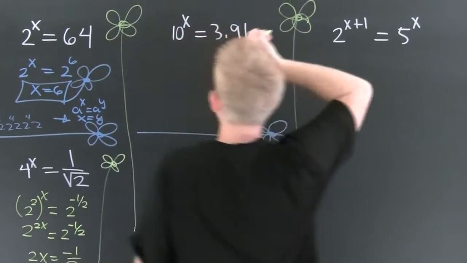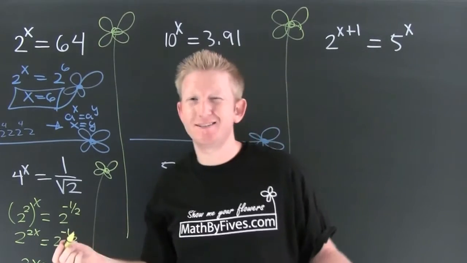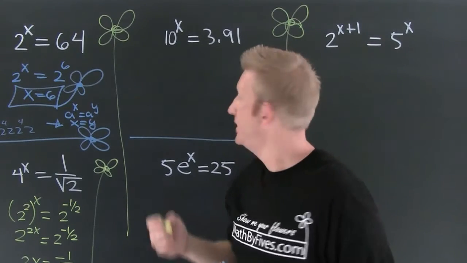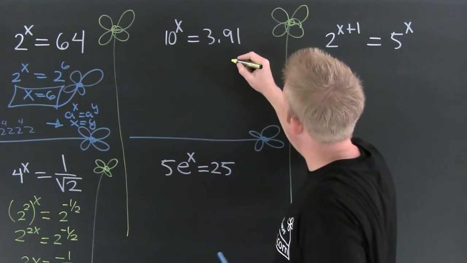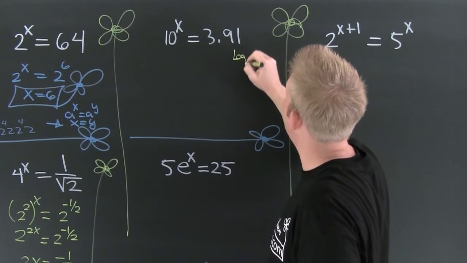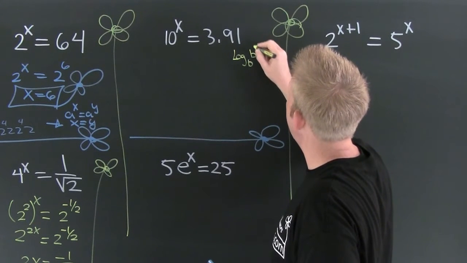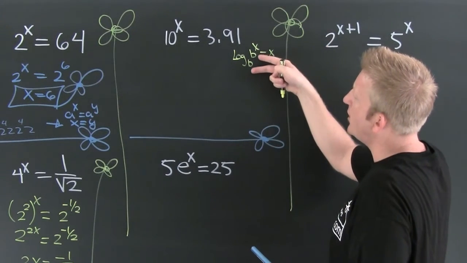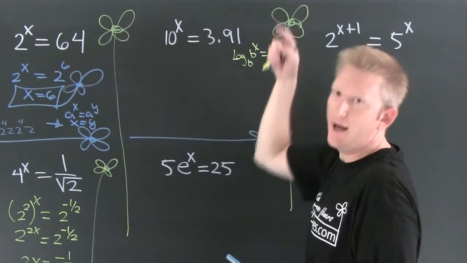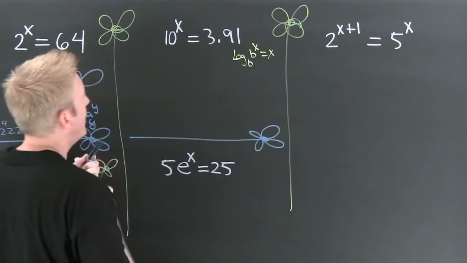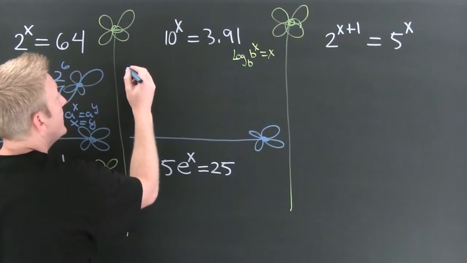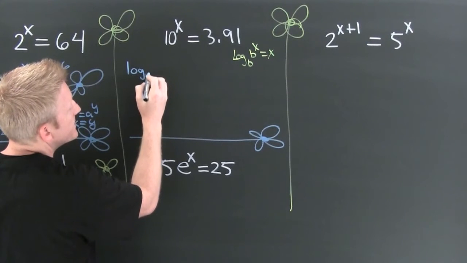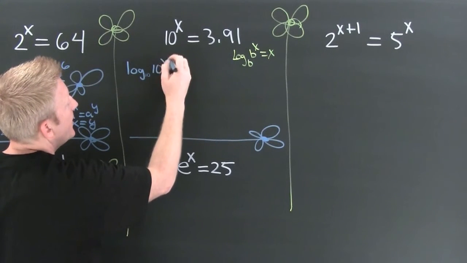On up here, I can't write them to the same base entirely. So what I want to do is use the appropriate logarithm. Here we are using log base b of b to the x is x. So we need the appropriate base. We want our bases to match so that we can get our x out of our exponent. So I'm going to use log base 10. In shorthand notation, this is log, when I don't have a base there. Log base 10 of 10 to the x is